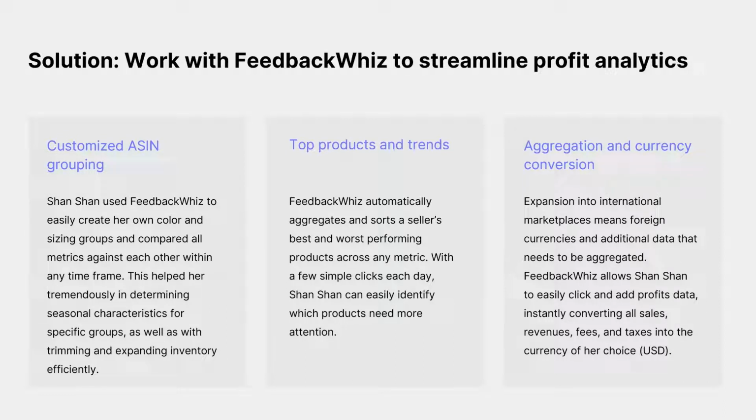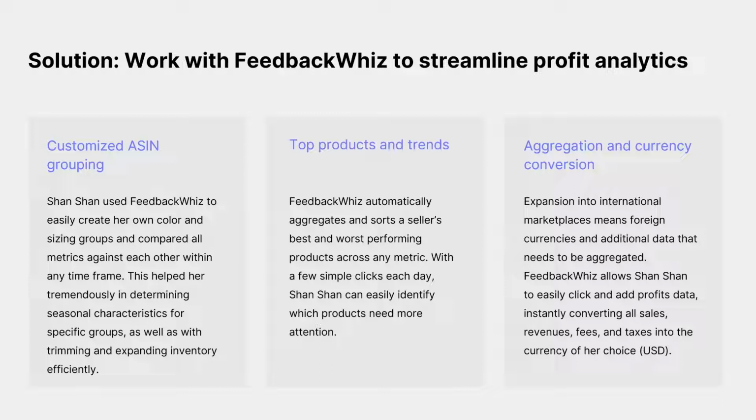There's customized ASIN grouping. So let's just say you have a catalog of 20 ASINs, and each of those 20 ASINs has a couple child ASINs. And again, I'm using the child ASINs just as a more complicated scenario, but you could just have 20 ASINs without any child ASINs, and all the same thing applies. But I'm trying to show that it's very useful even in cases where things are more complicated, such as if you have multiple child SKUs to various parents. So you can group various ASINs by color, by size, or by anything else. There's something you can do called tagging different products, and you can create labels for different products to put them into one group.